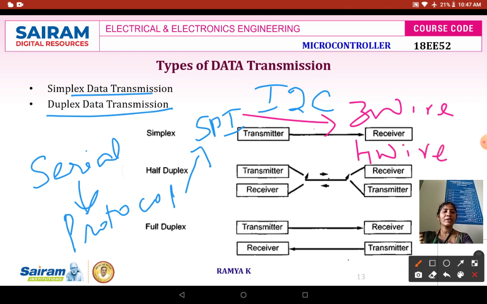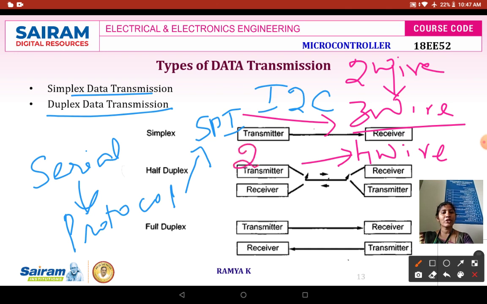If it has 3 wires, 2 wires are meant for communication, that is, 2 wires are used to transmit data from one end to the other end, and from the receiving end to the transmitting end. So communication happens vice versa with the 2 wires, and the third wire is meant for giving a clock pulse. In case of the 4-wire system, two wires are meant for transmitting your data, the third wire is for your clock pulse, and the fourth wire will select which should act as the slave part.